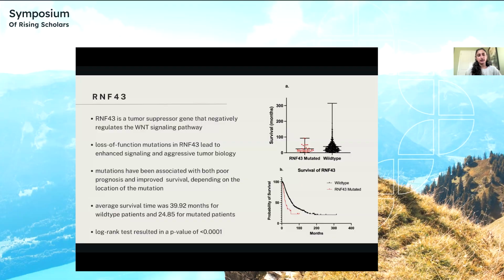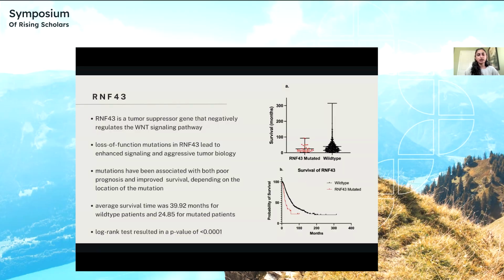And my final gene was RNF43. RNF43 is a tumor suppressor gene similar to APC, and it negatively regulates the Wnt signaling pathway. So it basically decreases the signaling pathway and its cell growth after an excess of product. So loss of function mutations in RNF43, which are the most common, can lead to enhanced signaling and aggressive tumor biology. So tumors are often very difficult to regulate once they do start to form, and it's difficult to